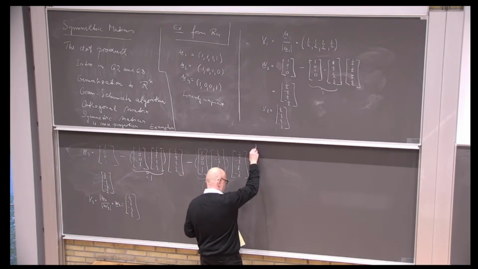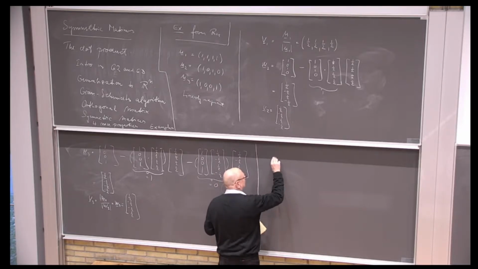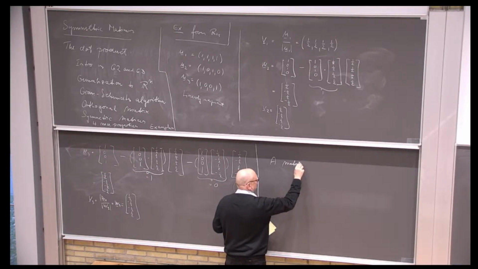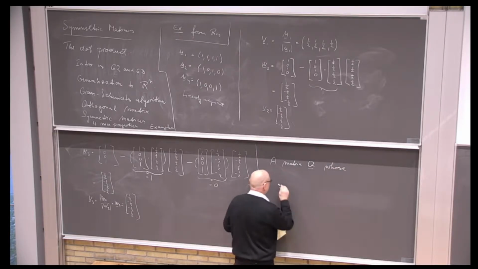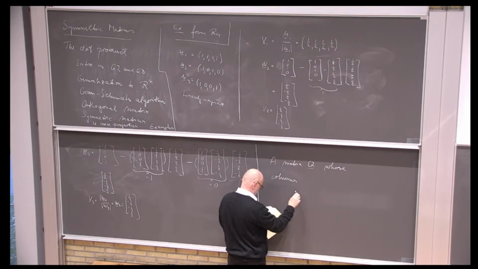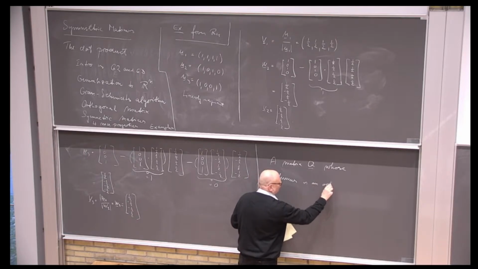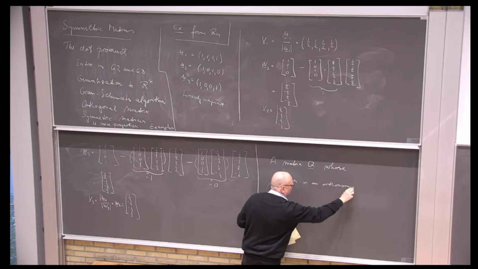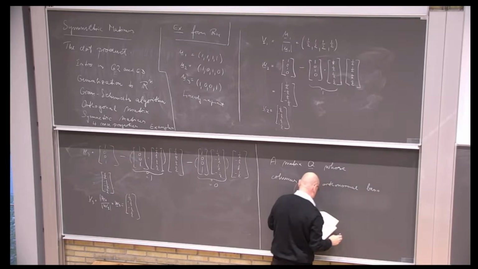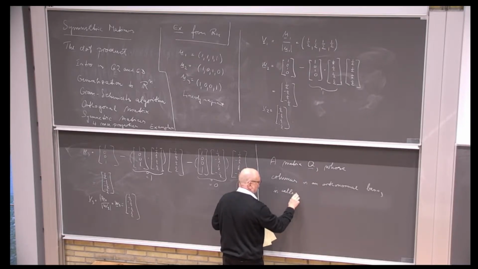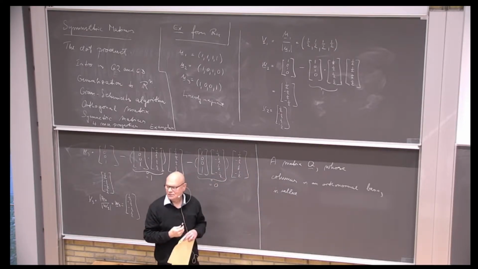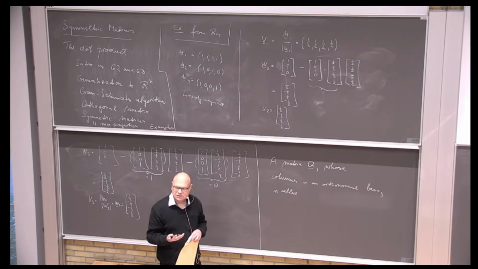Now to some definitions. I say a matrix Q whose columns is an orthonormal basis is called, yeah, what do you think it is called? A matrix whose basis is an orthonormal basis. What is this matrix called? It is called